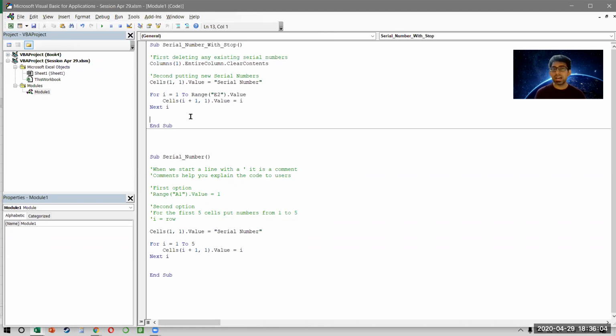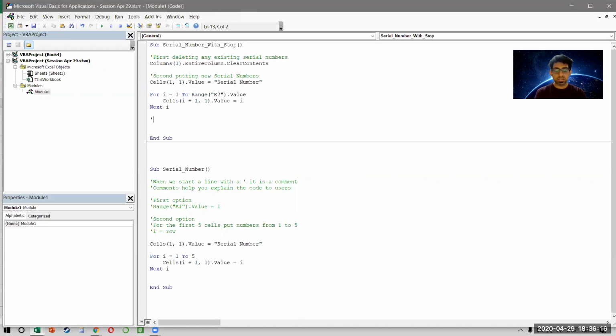Now, I also want to have some form of a notification that tells the user that, once you've run the macro, serial numbers have been entered from 1 to 5, something like that. So I can say, please watch. I can say, third, show a prompt to the user. So we can say message box, because we want to show a message box to the user.